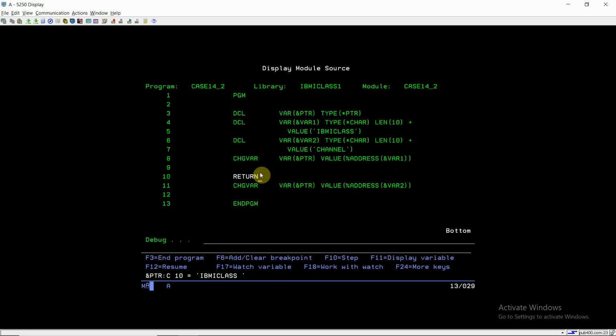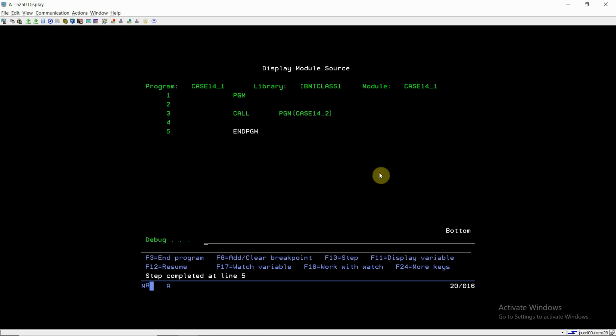Now since RETURN got executed, it won't execute the further lines. So no further executable lines will get executed after this. So the program will return from here. So it comes to ENDPGM. If I again look at the pointer variable, I can see the value is still IBMI class. So it still contains the address of variable 1. So this line, the address of variable 2, won't be assigned to the ptr variable. Which is correct. Now it will come back to the